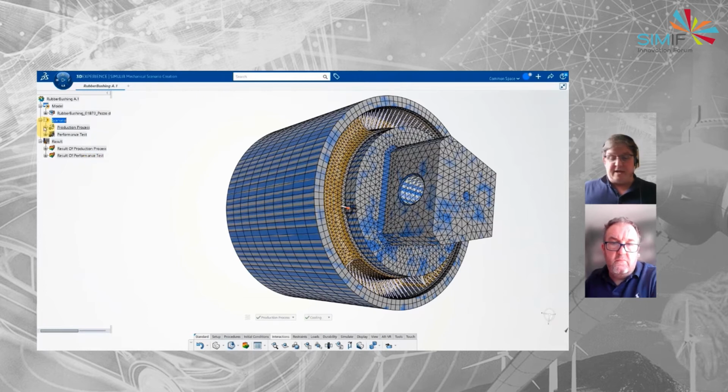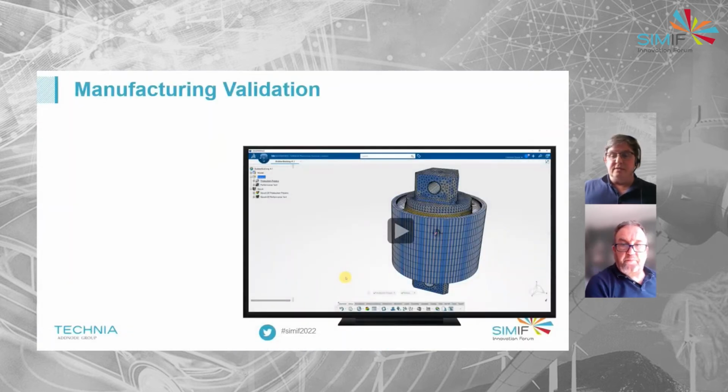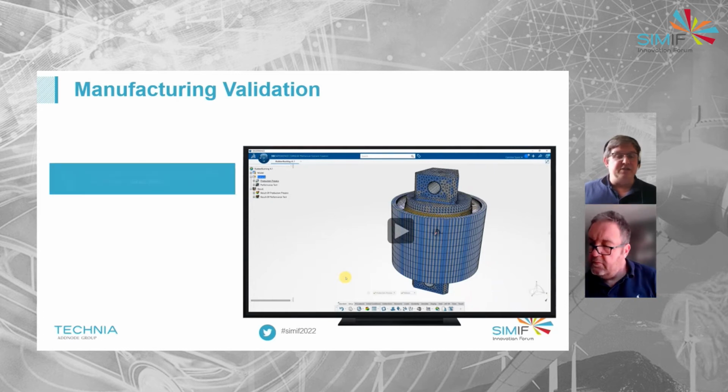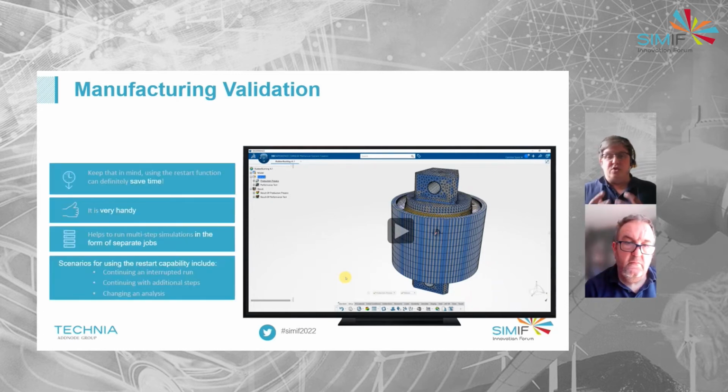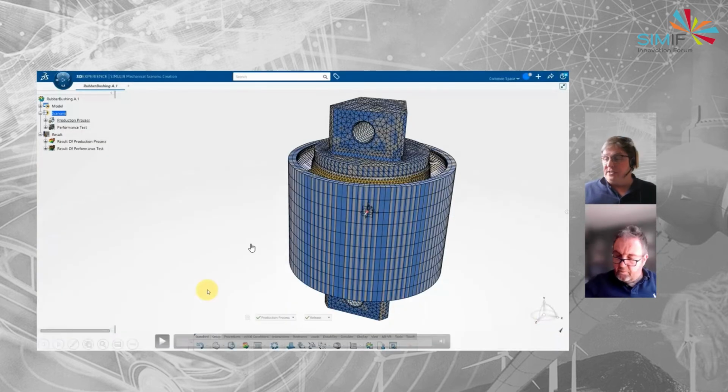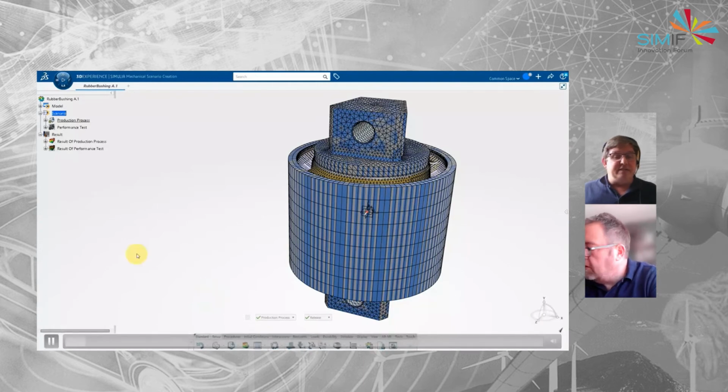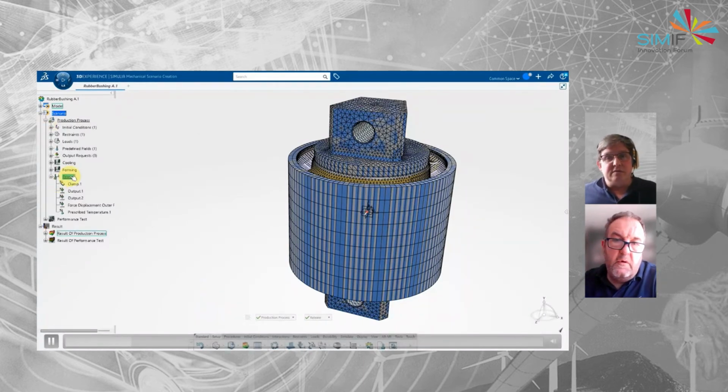Now, the beauty of creating this first step as its own simulation is we can now use that as a restart point within SIMULIA Abaqus. If we want to run a whole host of tests, we've already talked about that we're going to run different forces on this. We don't want to have to run that manufacturing process simulation every time we want to do a test. So we're now going to say, please just regard that first part of the test as the same for everyone.